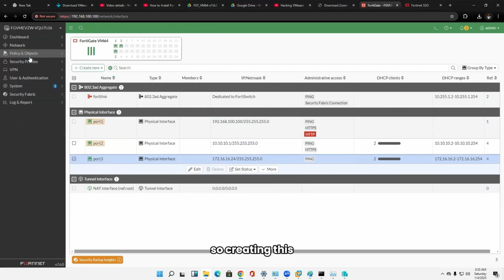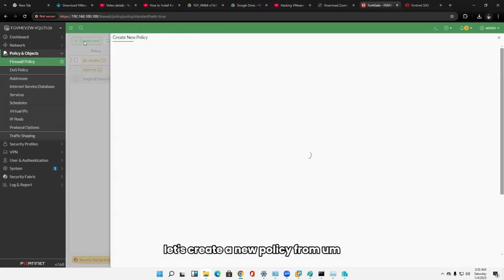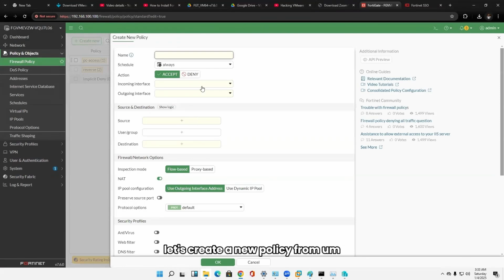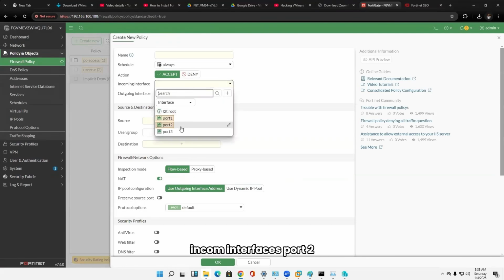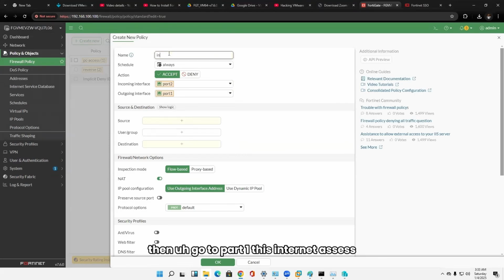So creating this, let's go to network policies, firewall policy. Let's create a new policy from incoming interface as port 2, then go to port 1, this is internet access,